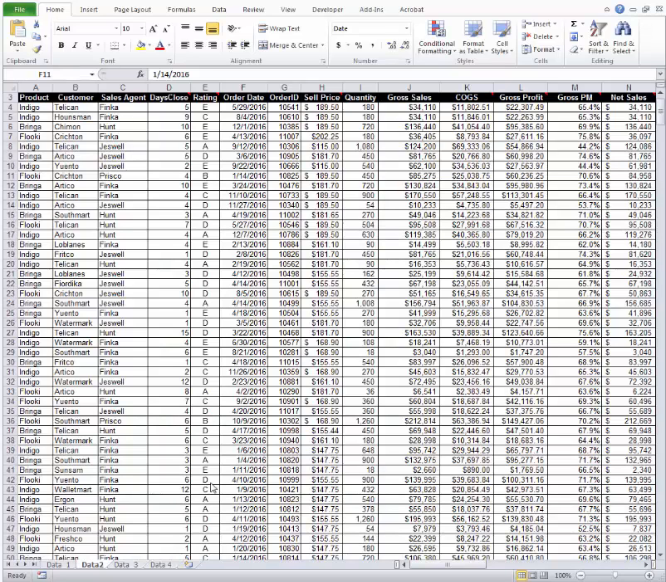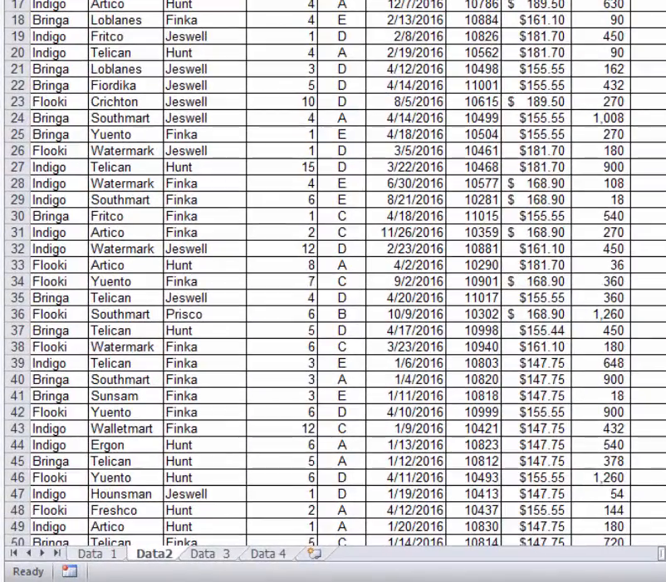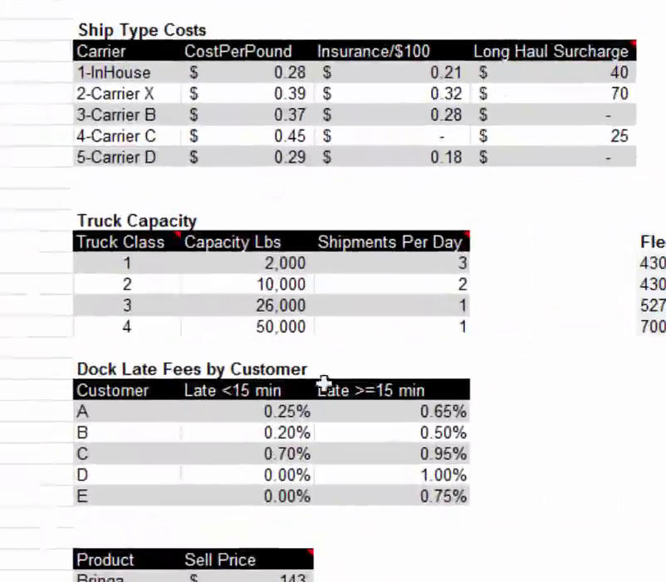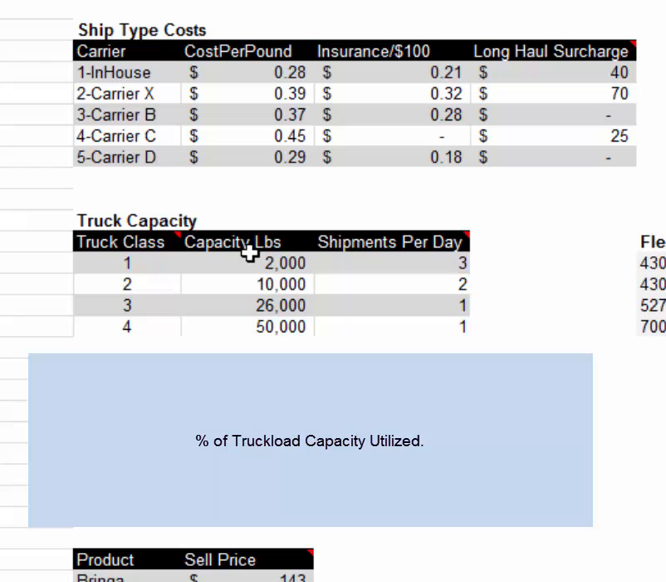So now let's have a look at a very important and somewhat complex metric. And for that, we're going to scroll over to the right on the Data 2 tab. And you'll notice that there's a table that explains to you truck capacity. So we're going to calculate percentage of our truck capacity or truck load capacity or maximum load capacity that we've